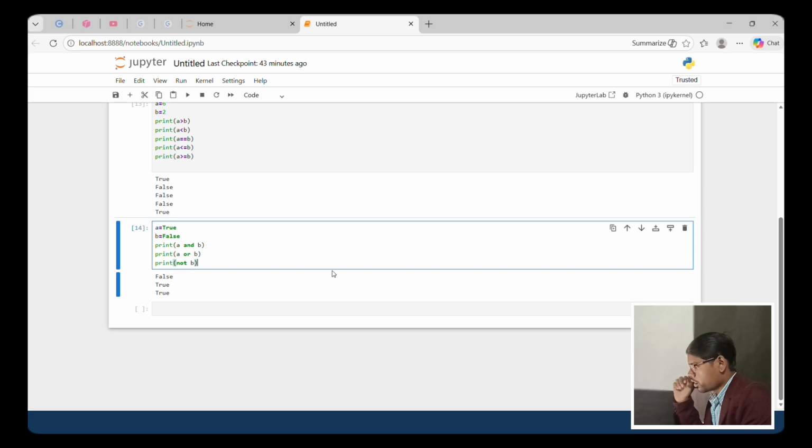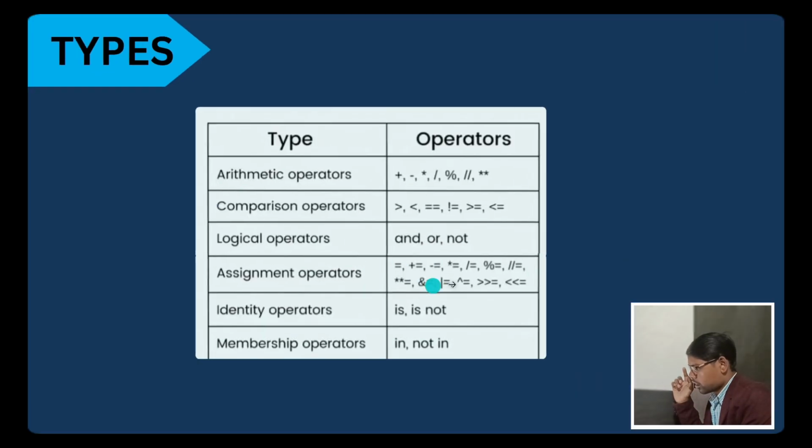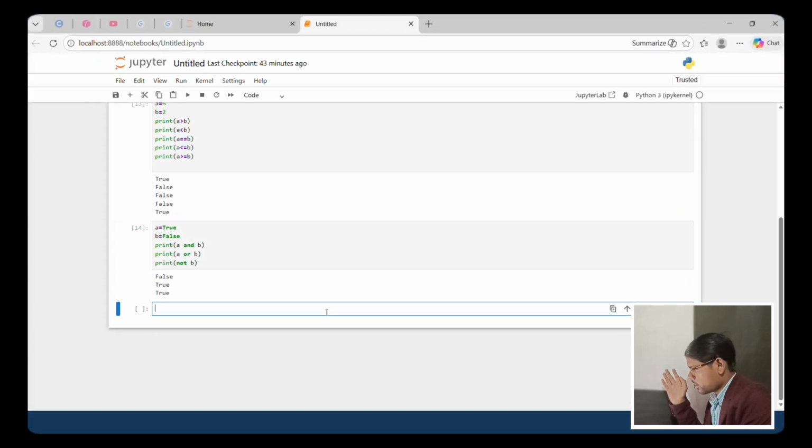And next, assignment operators. Okay, and the assignment operator symbols are equal, plus equal, minus equal, and I will explain. Let us do a practical. A contains 6.